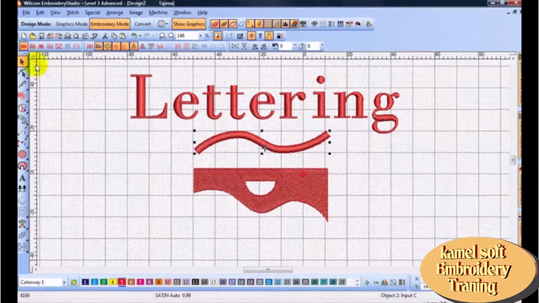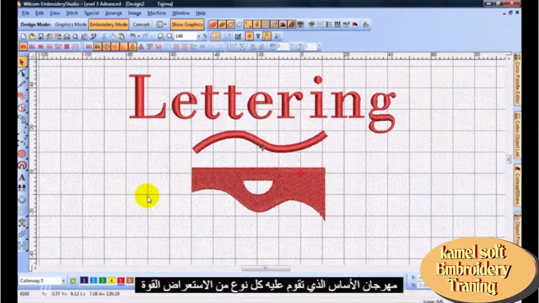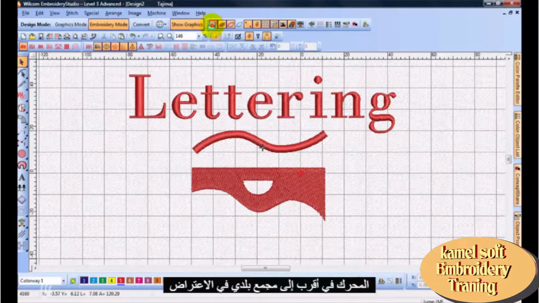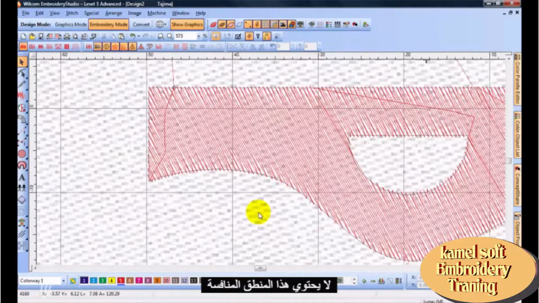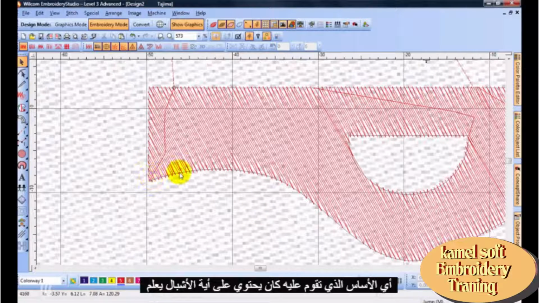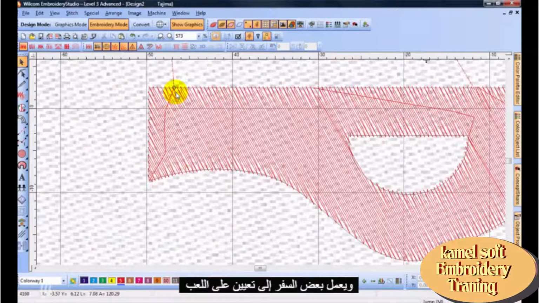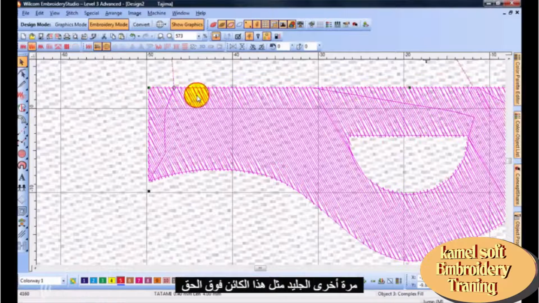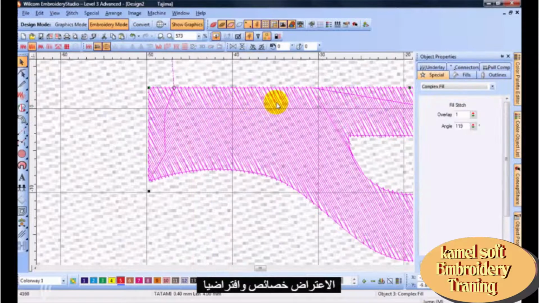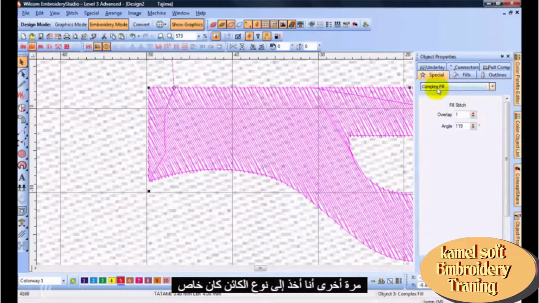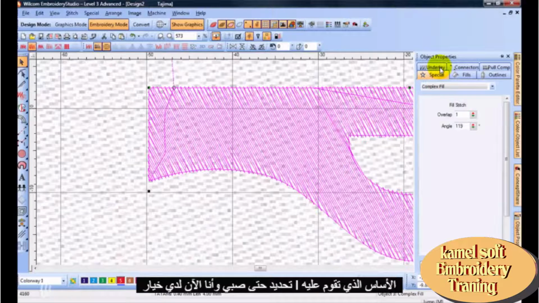I can also set important options such as underlay. First of all, I'll turn off my true view and zoom in closer to my complex fill object. This complex fill object does not contain any underlay. It only contains cover stitches and some travel runs. To set the underlay, again, I select this object, right-click Object Properties, and by default, again, I'm taken to the Object Type tab, Special, with the object type selected. As I want to change my underlay, I select the Underlay tab,